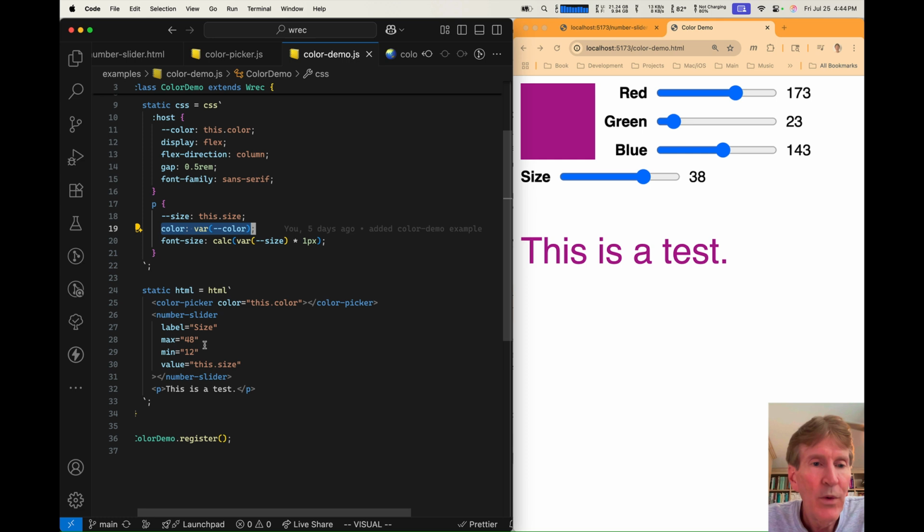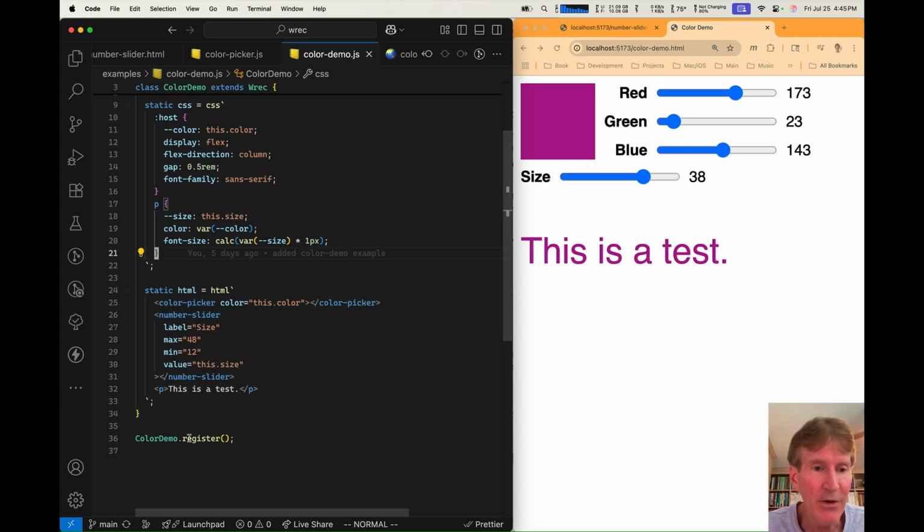I have another slider, which is for adjusting the size of the text, and I give that a minimum size of 12 pixels and a maximum size of 48. Give it a label of size, and then when this number slider value changes, I want to update the property this.size. That is tied to this CSS variable --size, and it's used right here. And it's interesting the way that I have to specify that the units are pixels using a calc where I multiply size, which is just a number, by 1 pixel, and that's how I can get it to know that the units are pixels. Finally, at the bottom, I register the color demo component,